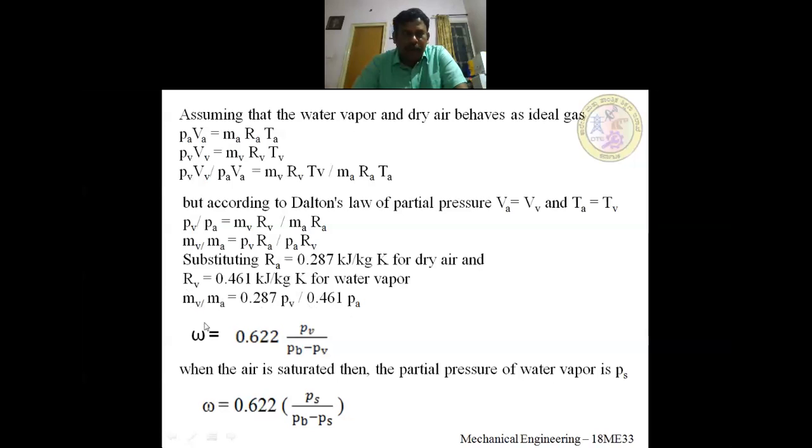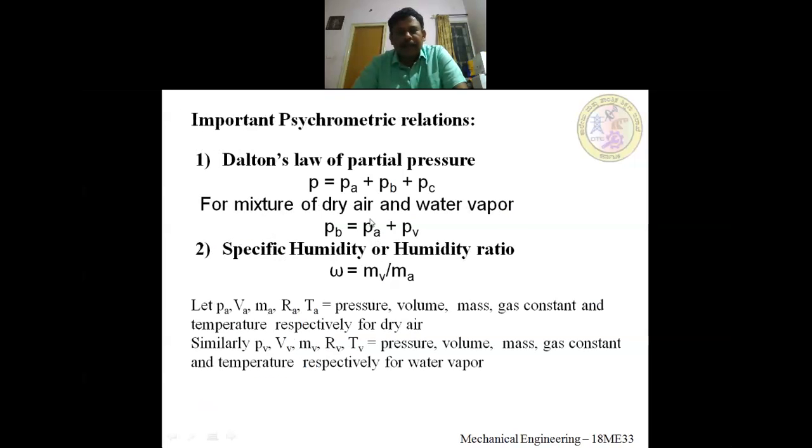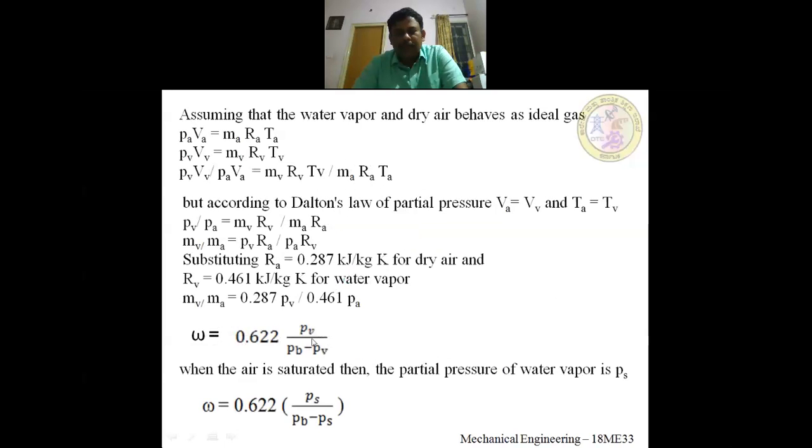Mass of water vapor by mass of dry air is nothing but what? Omega, the specific humidity, is equal to 0.622 times PV by PA, that is 0.287 by 0.461. If you simplify, you get 0.622 PV by PA. What is PA? It is nothing but PB minus PV. So the partial pressure of dry air is nothing but barometric pressure minus partial pressure of water vapor. That is what I have written, PB minus PV. This is the omega equation